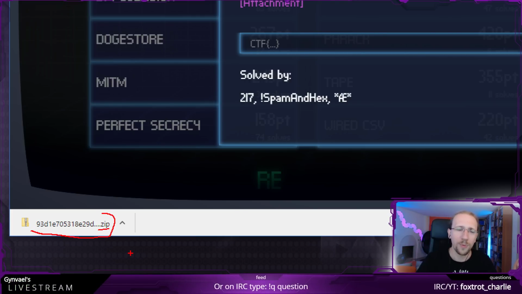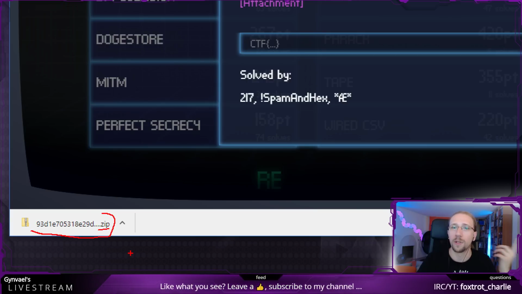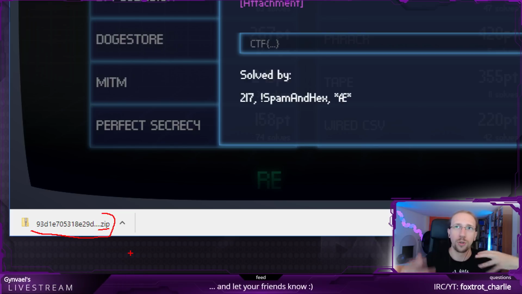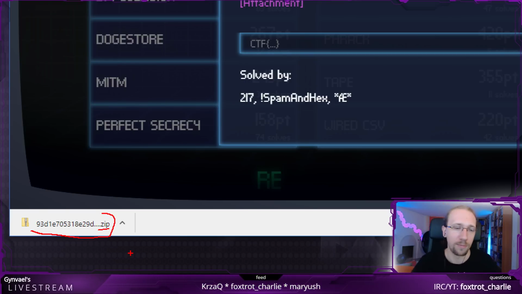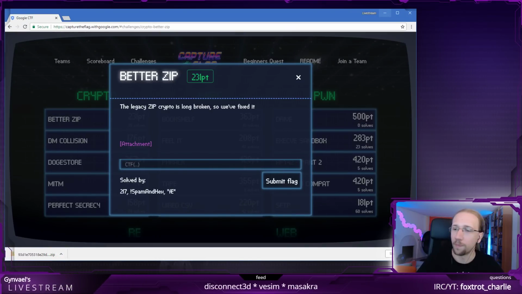Firefox doesn't do it. There was a comment about the files being corrupted, because on the live stream I showed that they have a zip extension, but if somebody downloaded the file using Firefox, they do not have a zip extension. What's up with that? That's Chrome adding the extension. That's really weird, but there is some mechanism like that in Chrome.